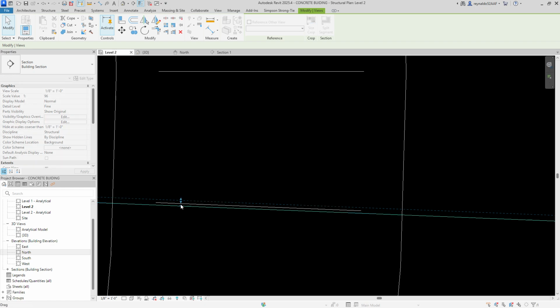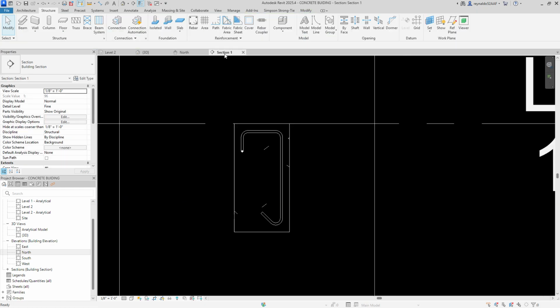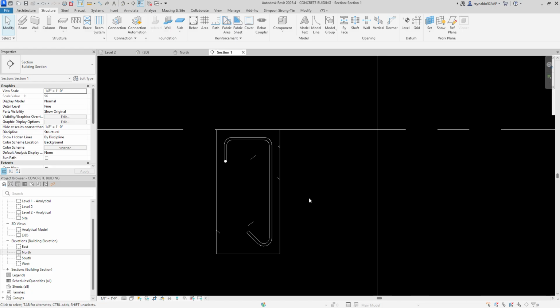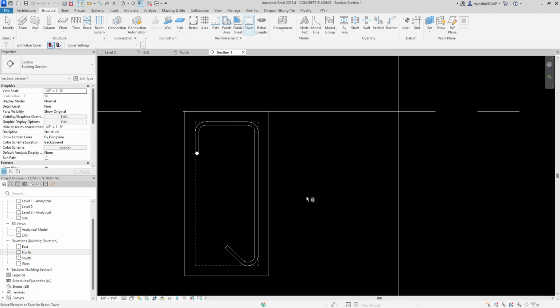Just like that. And see what we get here. For some reason it's not showing me the rest of the rebar, but we can still use the cover option here. So what you want to do is press on covers, and see right here